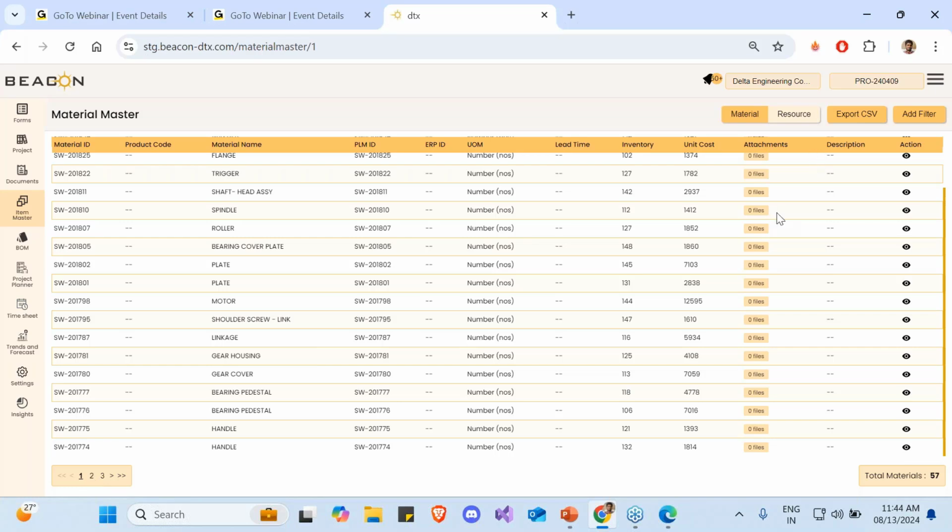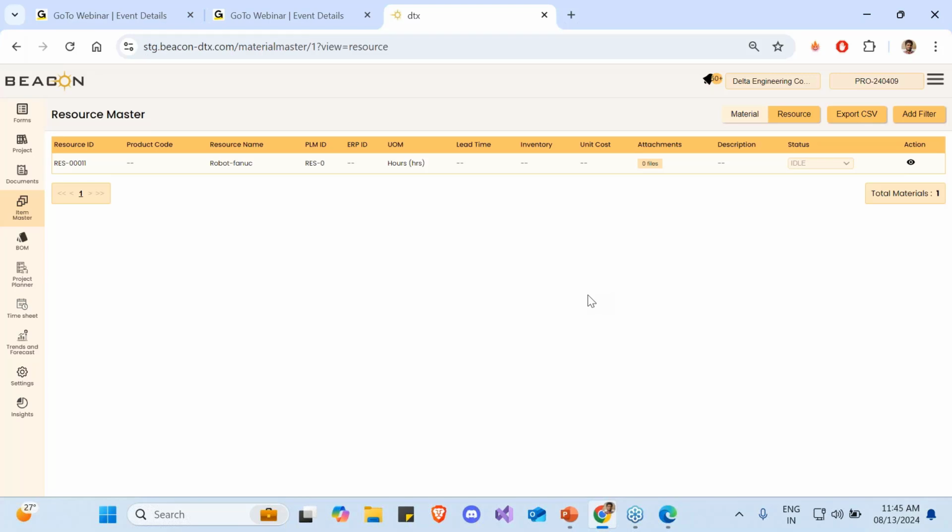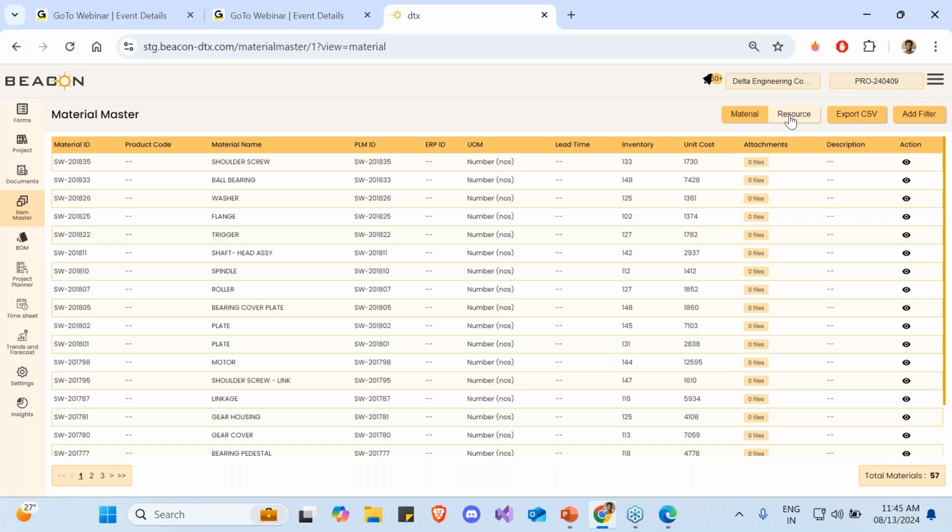Okay, and in item master, it's not just the materials that we can store, we can also store resources. The resources here, in this case, are the equipment that goes into my production. It could be any of the CNC machines, drilling machines, lathe machines, or any other equipment that I am utilizing in my organization for manufacturing or production purposes. So I can include them. The reason that helps me is when I'm trying to do a plan, which will come in a few minutes, where we can define a plan and define resources. We will see that, and also materials.